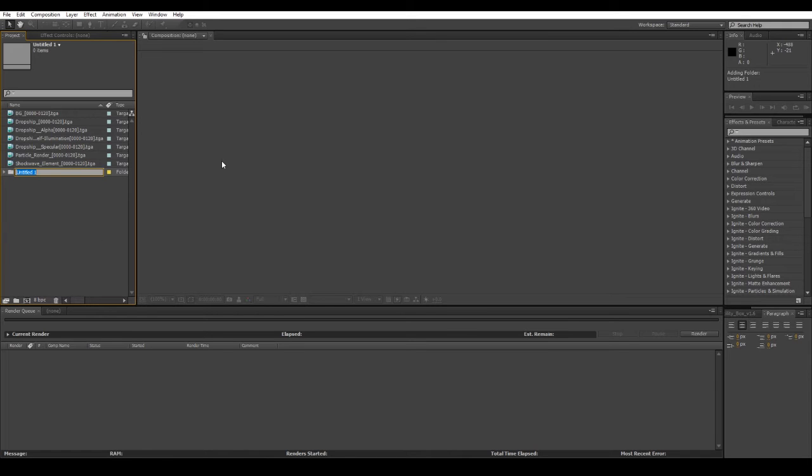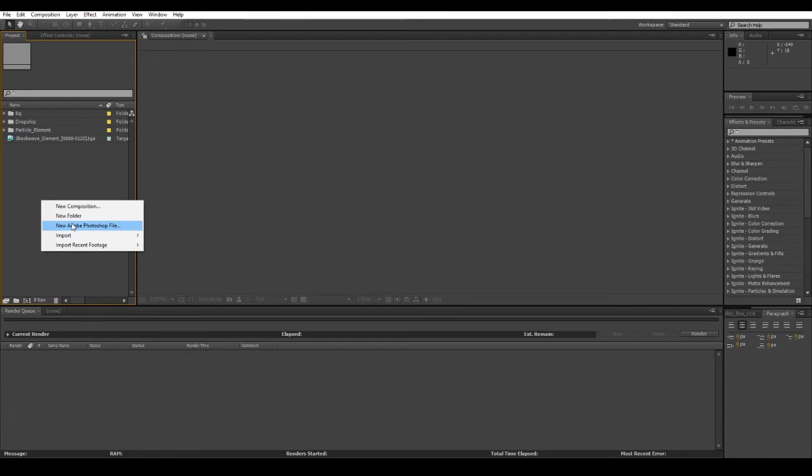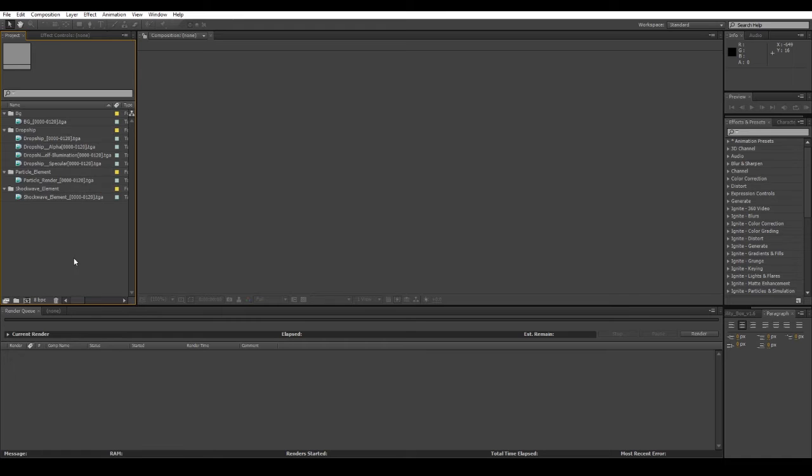So I'll make one for background, dropship, particle element, and shockwave element. And that looks good. I'll open these up again, and what I'm going to do is